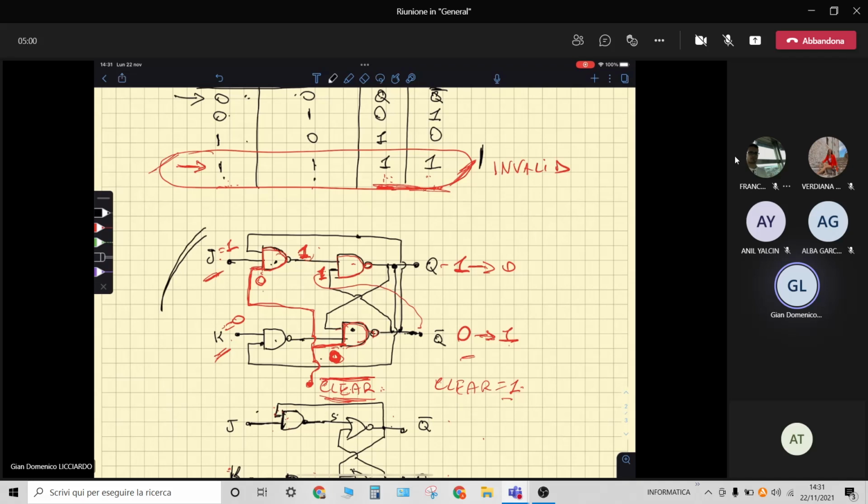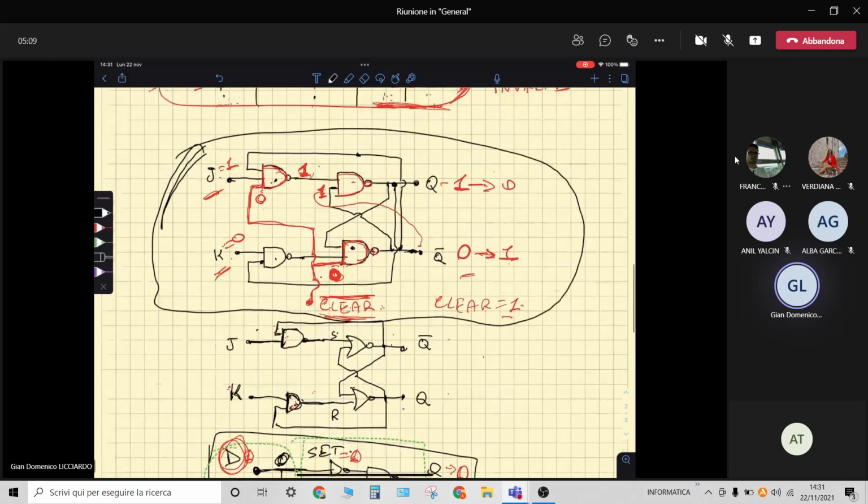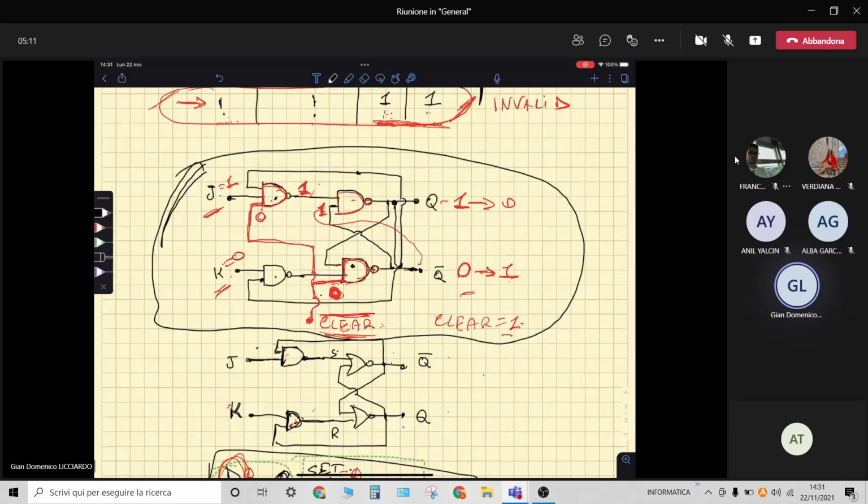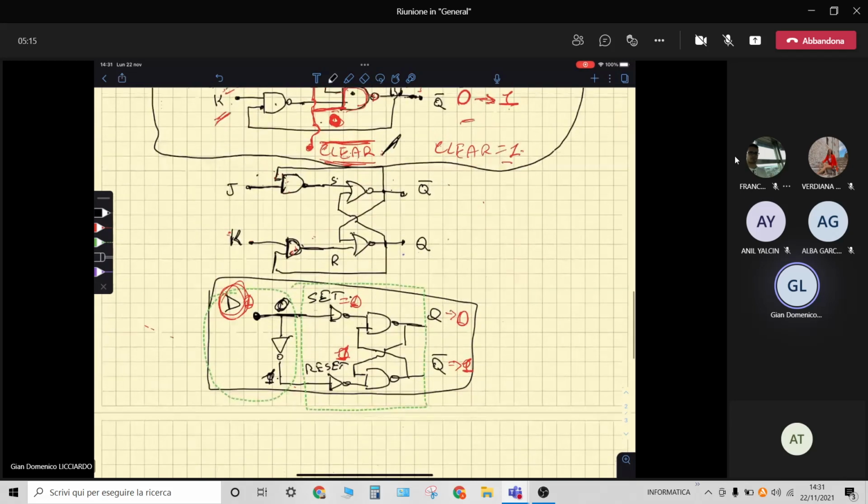That was this circuit. A JK circuit with a clear signal and with a D register here, that is this one. Okay, both are derived from the